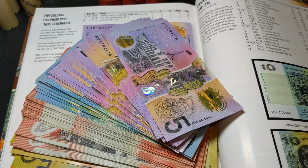to learn and study serial numbers and to look for errors on notes, because every time you noodle and take coins back to the bank, no doubt most of you will end up with cash in your hands. And it's good to go through those notes and check what you've actually got to see if there's anything worthwhile